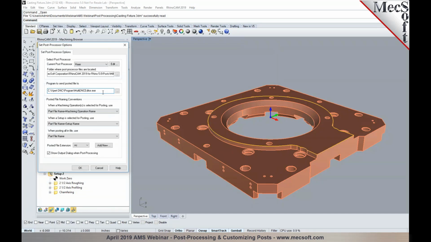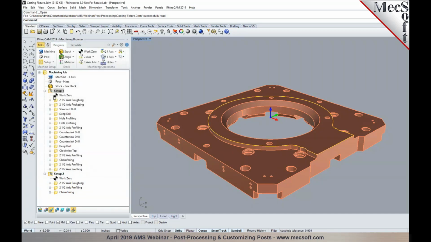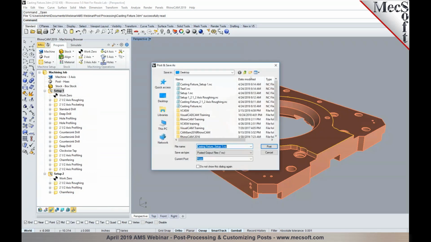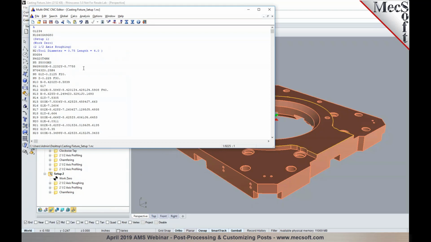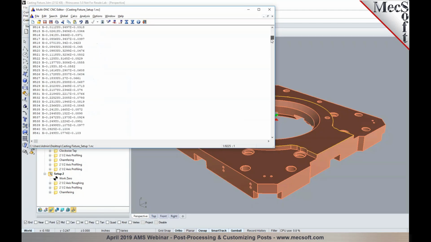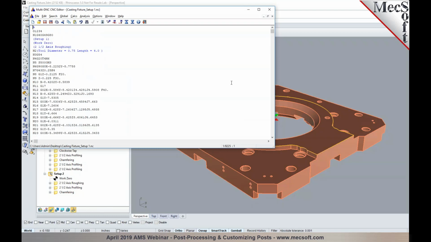You could do a copy paste, and now when you go back and post process, your posted code will automatically appear in the editor that you chose. So rather than outputting it into Notepad, you'll now notice that your posted file automatically appears in the editor of your choice. Now, for example, you could be sending it directly to your DNC,